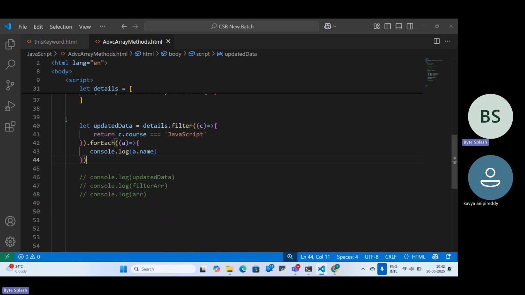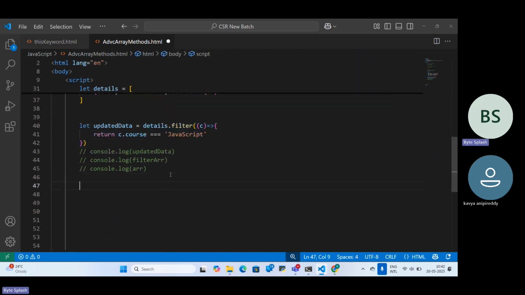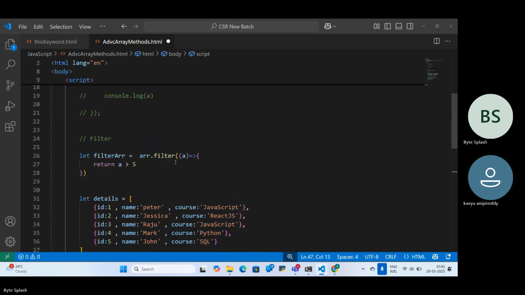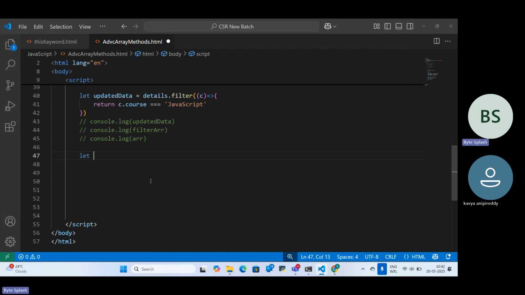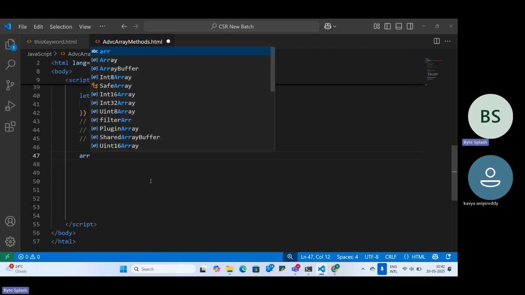Okay, you can just do it like this. No need to create one more variable for each. Since it is going to return an array, right? Till here it is going to return an array, dot forEach. Okay, so that is the thing. Now we are going to see array dot